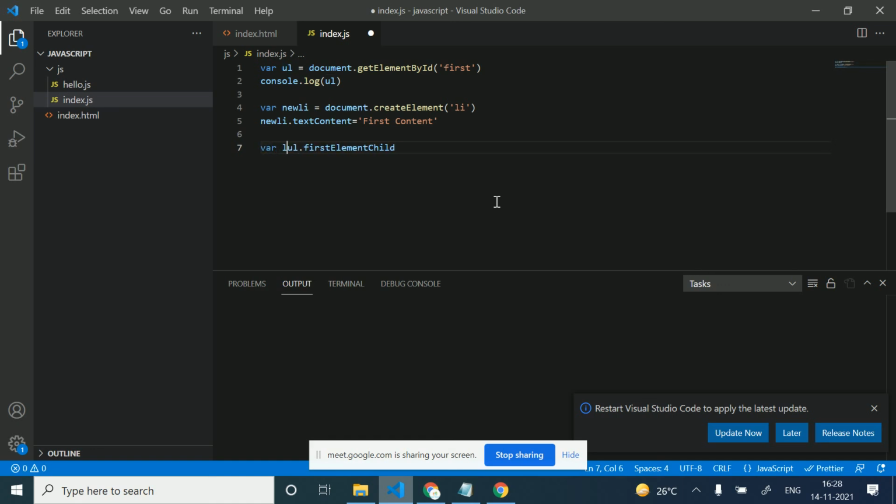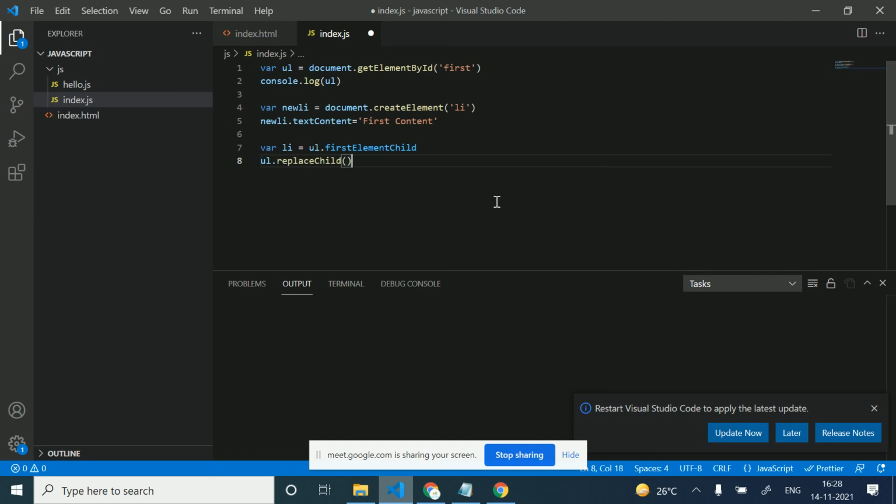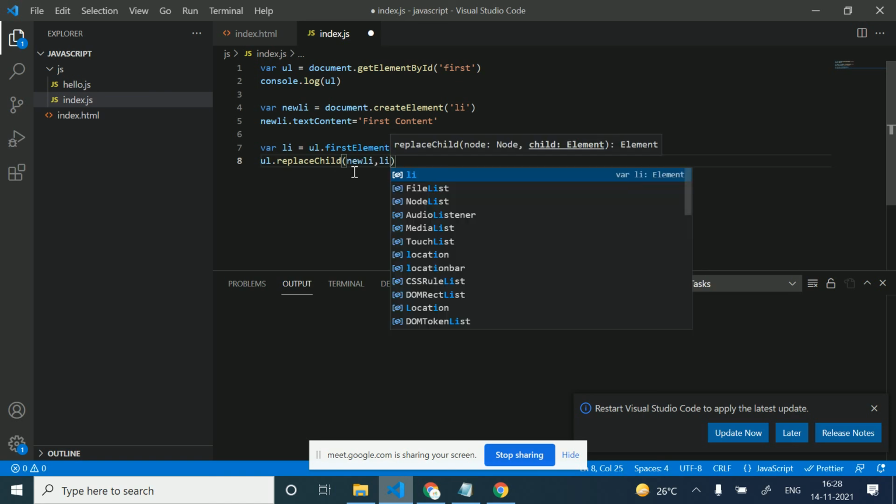With li. So ul dot replace child. I have created an item here, new li, and I'm passing here new li and li.